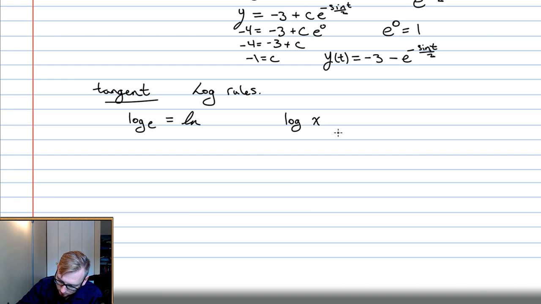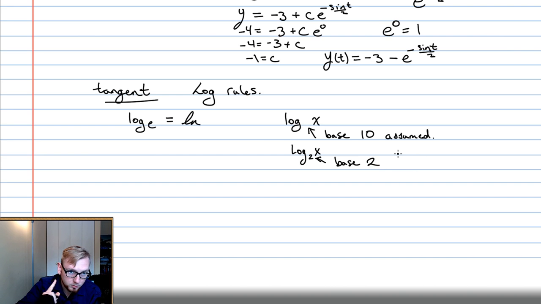So let's say log of x is, and this is assumed to be base 10. If it had log 2x, that means it's base 2. And so what does that mean? Well, let's say log 2x is equal to,